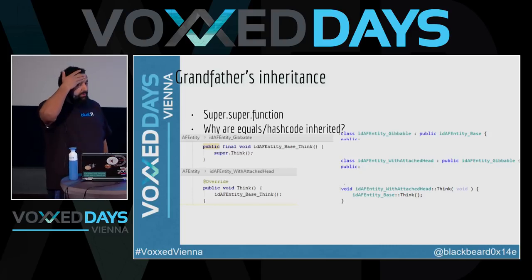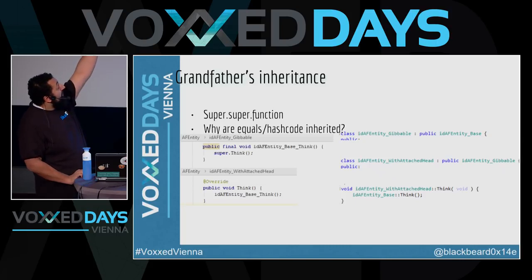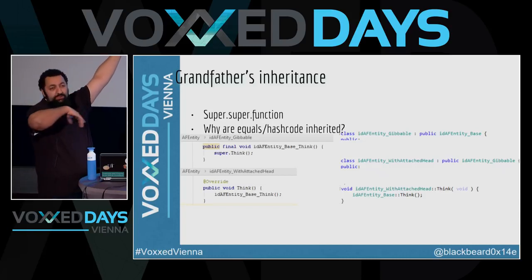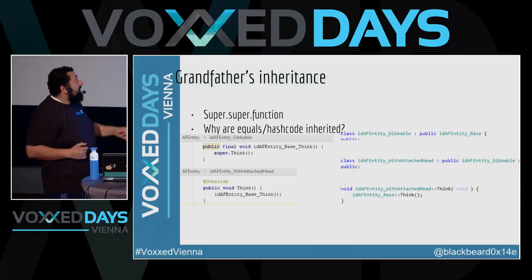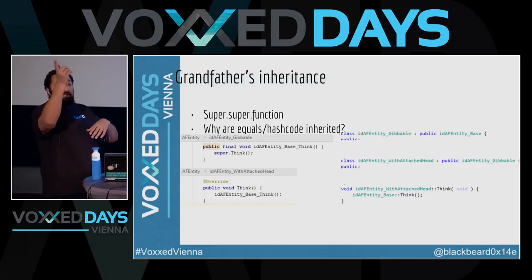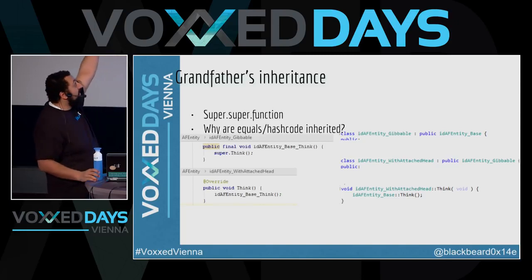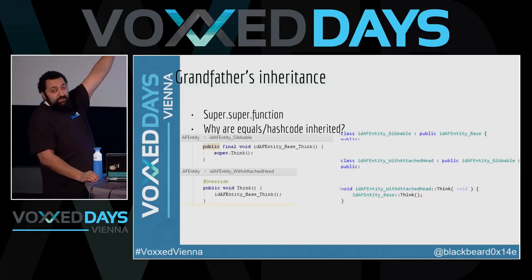Another thing is how inheritance works in Java, because Java has type erasure or something, one of those erasure things. Another common pattern in games, at least, is you have a lot of single inheritance. So we have a grandchild object, and it wants to call the super function of its grandfather, but skipping the super function of its father. So you want to call the super.super function, basically, in Java terms. And that's not possible in Java in that specific way, and that's very annoying.